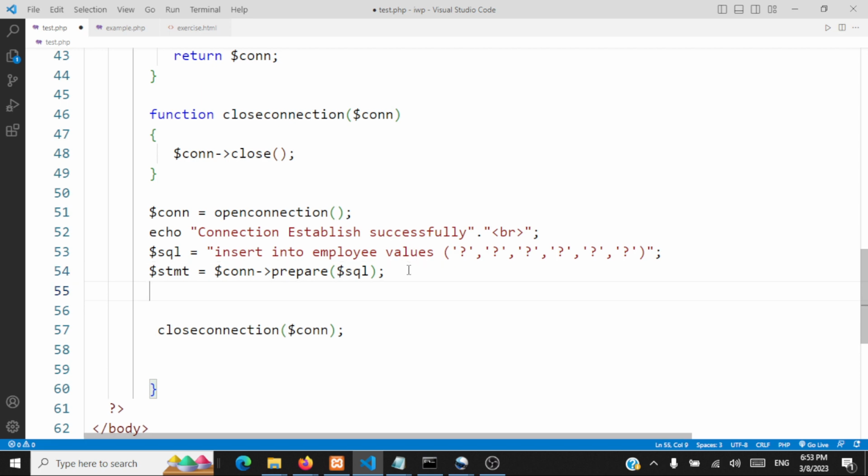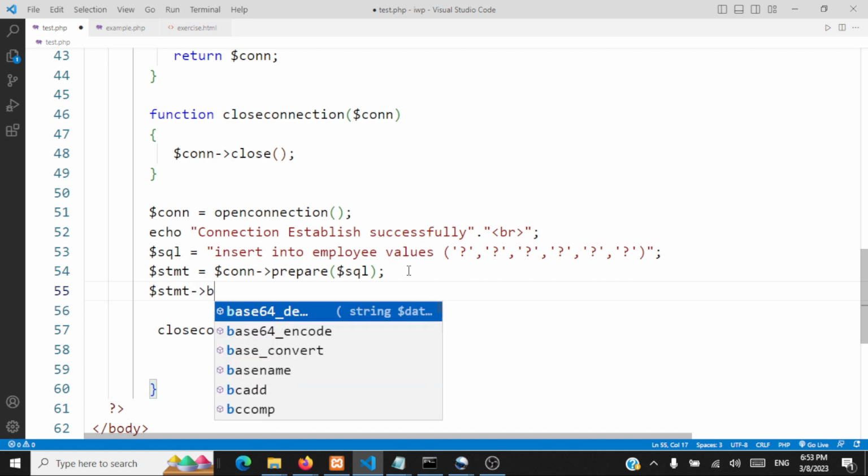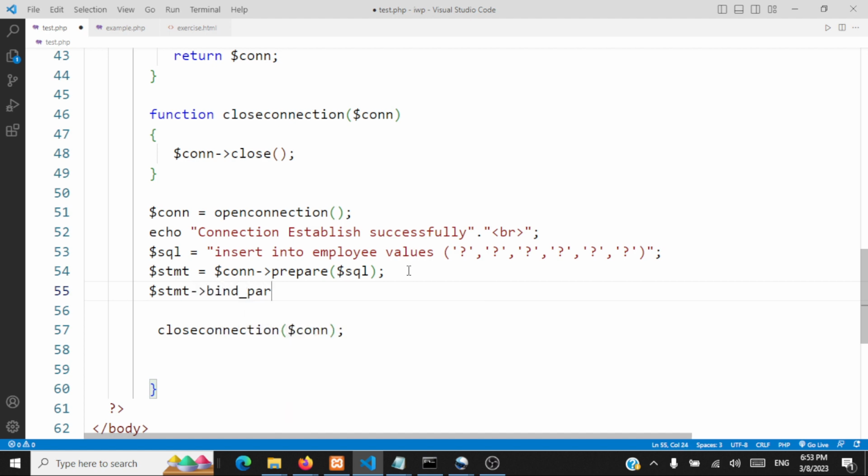We'll call bind_param. So bind_param is a method inside your statement object. This prepare method actually returns a statement object, and we are going to use the statement object to